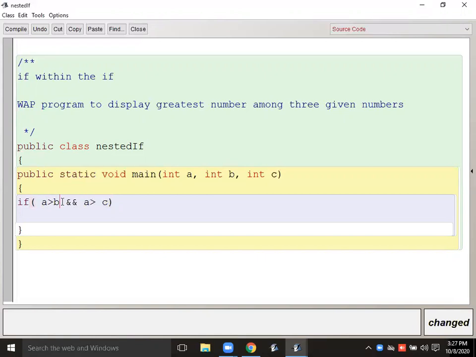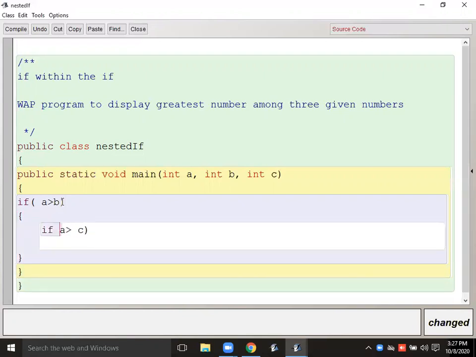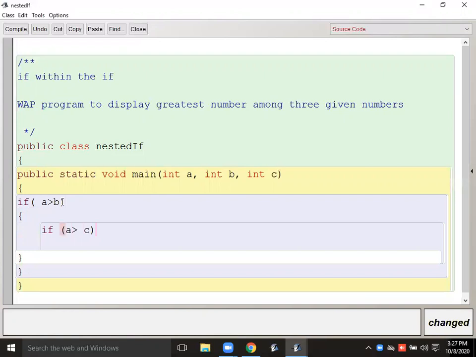So how am I going to make it? If A greater than B, if this condition is true, then I'm forming the block of if. Okay, then only I'm going to check if A greater than C.